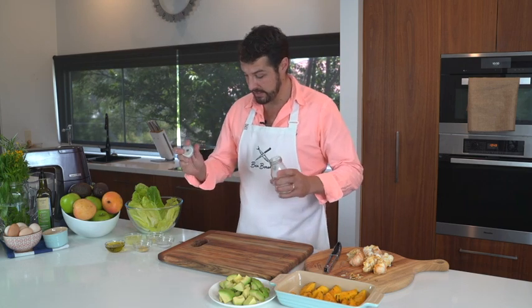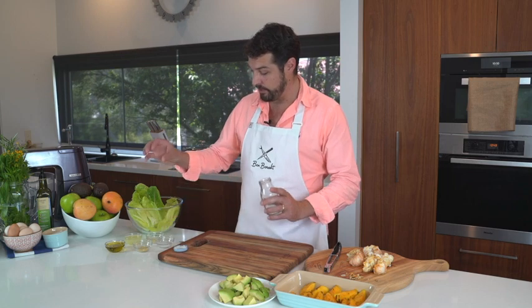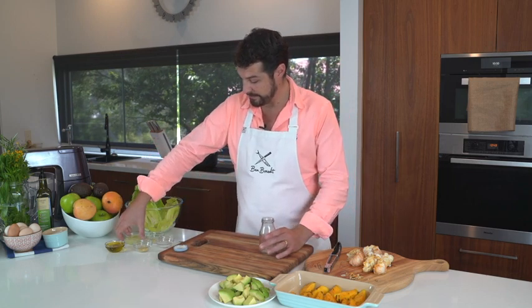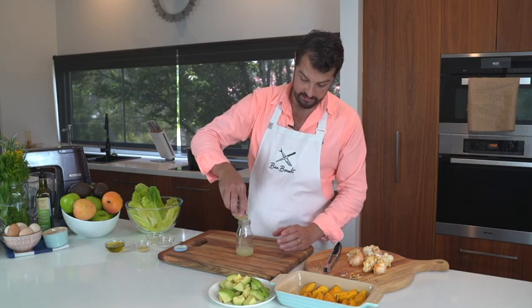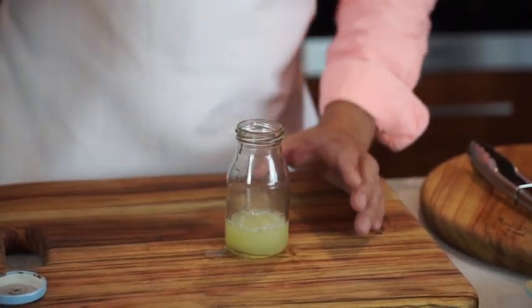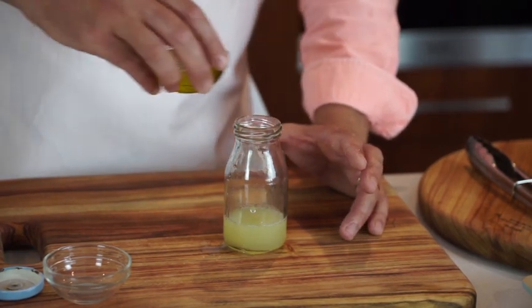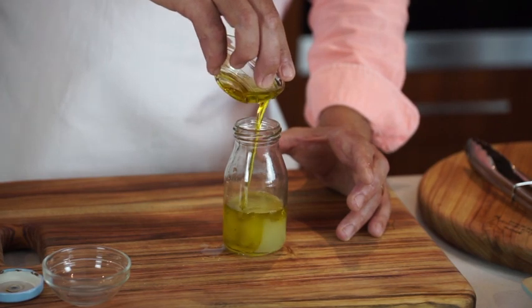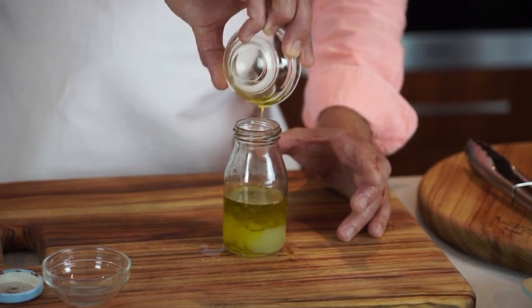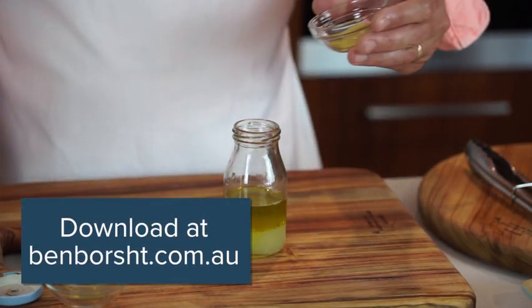I think this is the easiest salad dressing and it's so tasty. We're gonna use some lime juice. Just get that into a jar, and this is the easiest salad dressing. We're gonna make it all in the jar. We're gonna shake it up in the jar. Good quality extra virgin olive oil. And you can find the quantities for this recipe on my ebook. A little bit of Dijon mustard